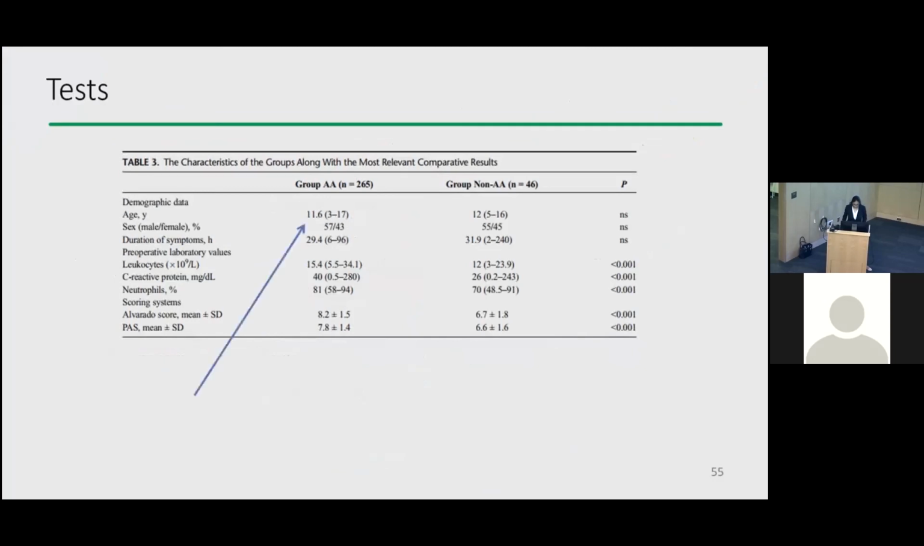For instance, we see that age is reported as the median and interquartile range. So what can you say if you report median and interquartile range, whether your data is normally distributed or non-normally distributed? Non-normally, correct? Right. So for instance, the age here is reported as median and interquartile range because